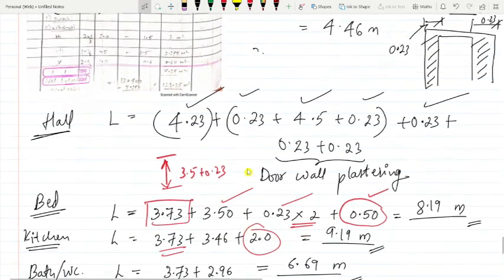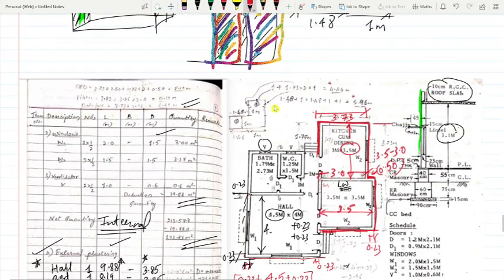2.0 meters. I told you, do you know what that 2.0 meters is? It is this portion. How I got that 2.0: the entire length is 3.5, from here until here, minus 1.5. 3.5 minus 1.5 is 2 meters.